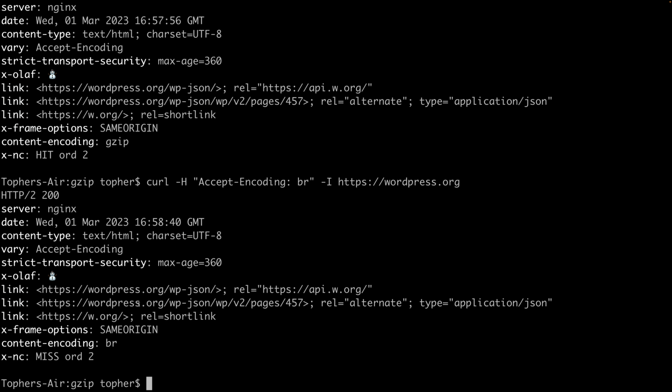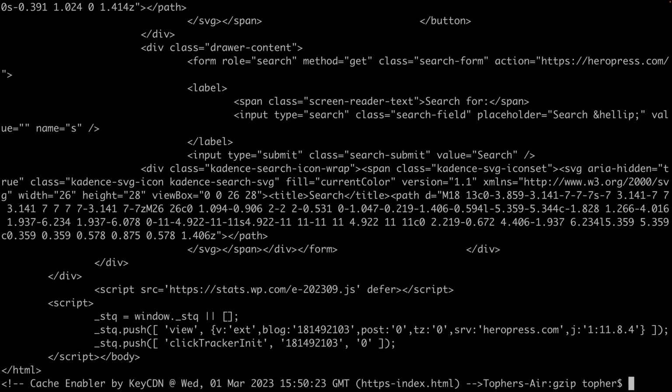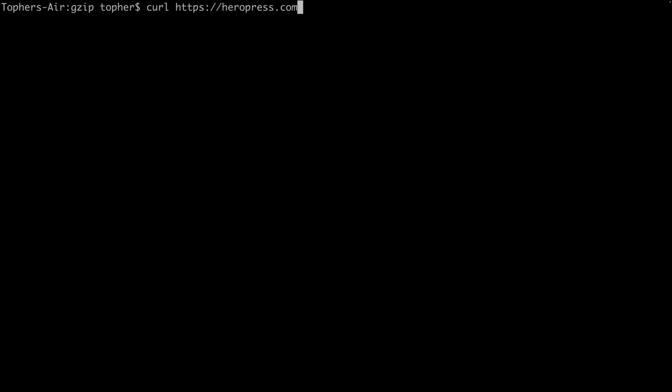So I want to show you what gzip actually does. So if we do curl heropress.com, it's going to go get the page and just spit it out on the screen here. What we really want is to have it in a file.